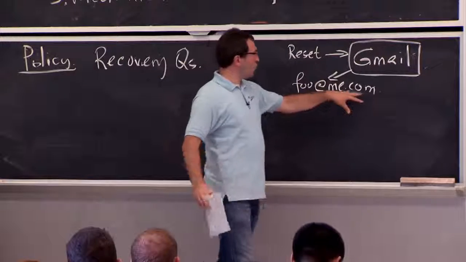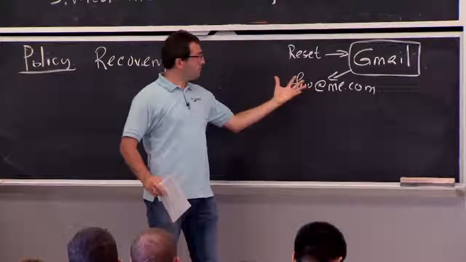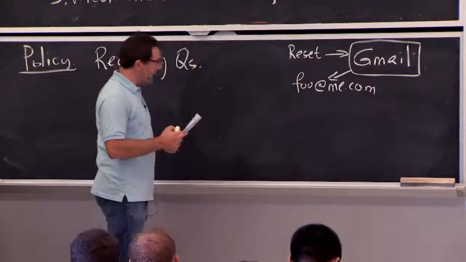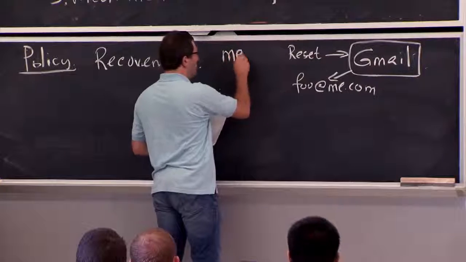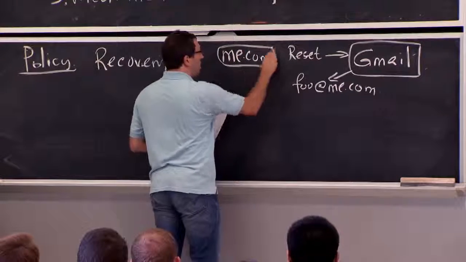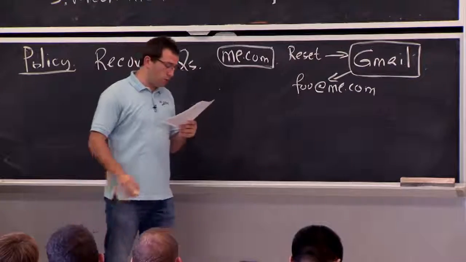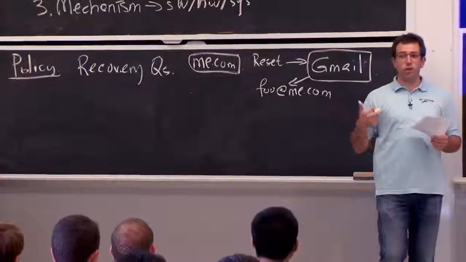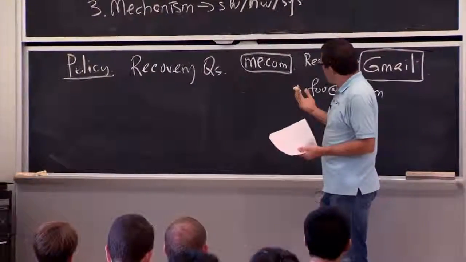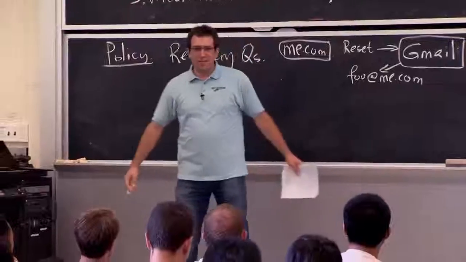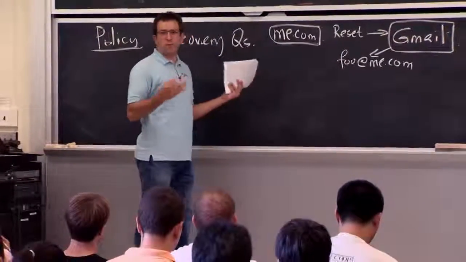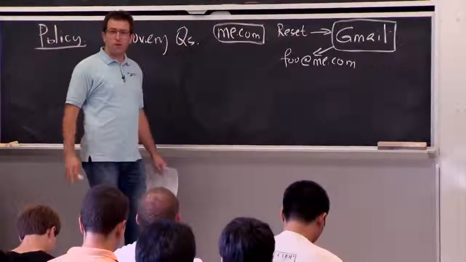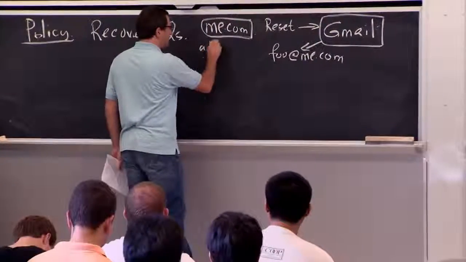OK, but the bad guy doesn't have access to me.com either, but they want to get this password reset link to get access to Gmail. Well, the way things worked was that in Apple's case, this me.com site allowed you to actually reset your password if you know your billing address and the last 4 digits of your credit card number. So it's still not clear how you're going to get this guy's home address. Maybe you can look it up somewhere. This guy's a well-known person at the time. But where do you get the last 4 digits of his credit card number? Well, not clear, but let's keep going further.